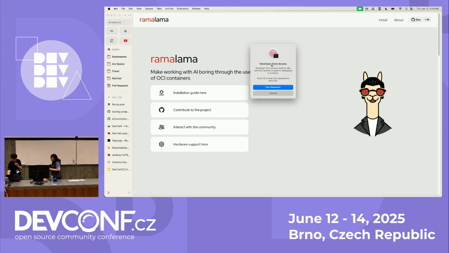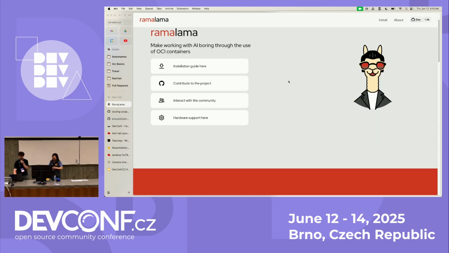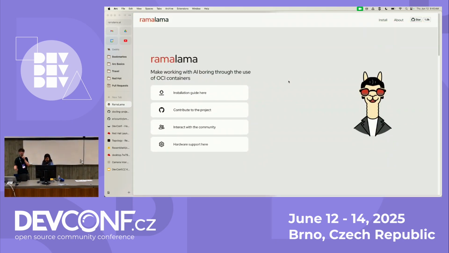Oh, come on, update? It's okay. Highly recommend that you check out the project. Very easy CLI to use, and you can download models from Hugging Face, from Ollama, any OCI registry. So definitely check it out. They've got a session on it later. So great project here. It allows us to run these local models.